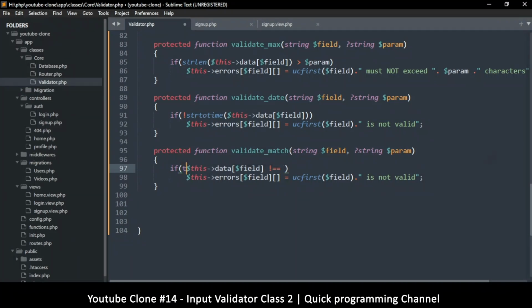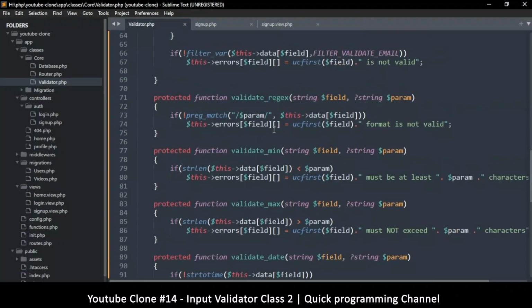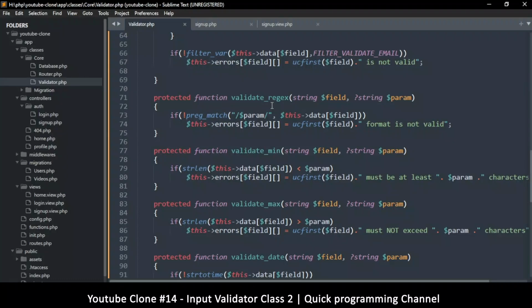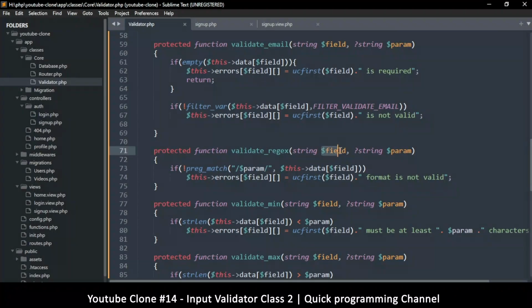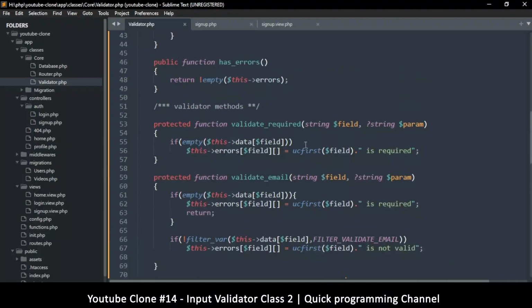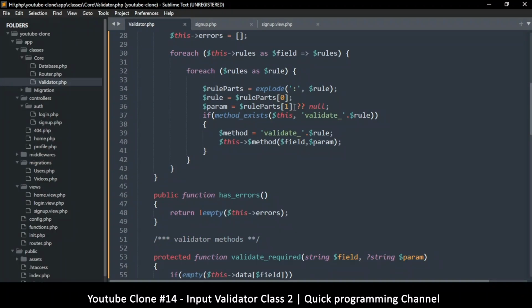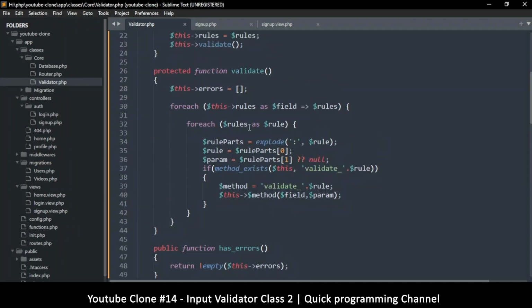It may be good to trim this, but maybe not. I don't know. Sometimes it's good to trim the spaces because you may get a false positive because there's a space at the end of one of these fields. So what I'm going to do is, you know what, let me put value here. Let me do that because then I can edit it a little bit. So let's do param is here, and let me get